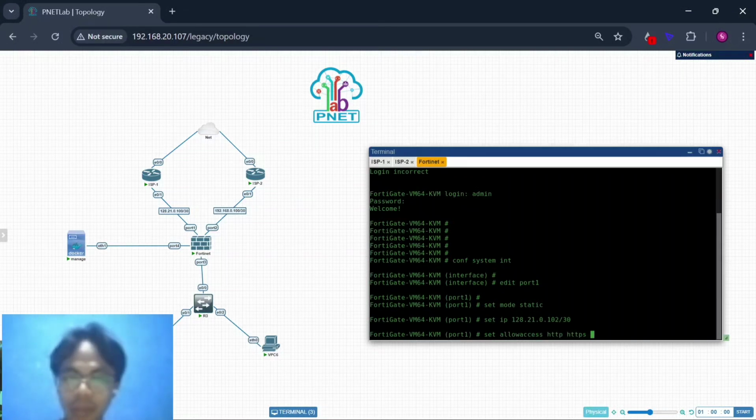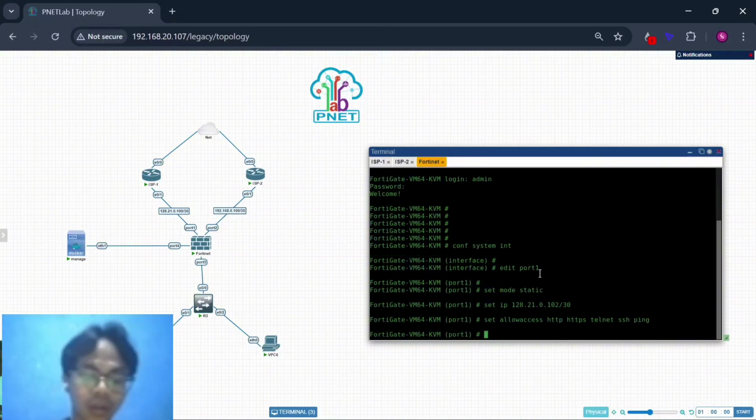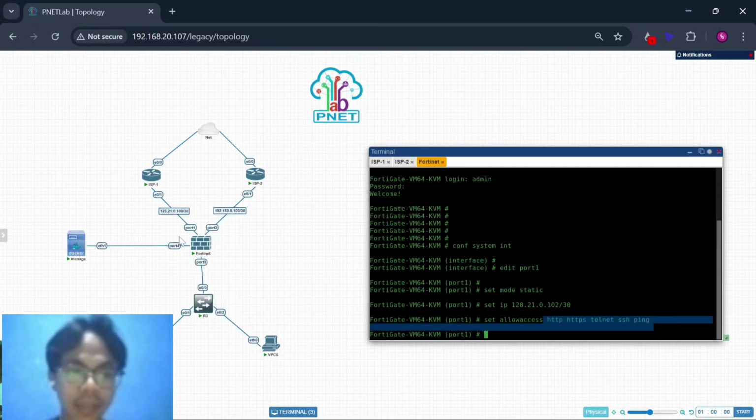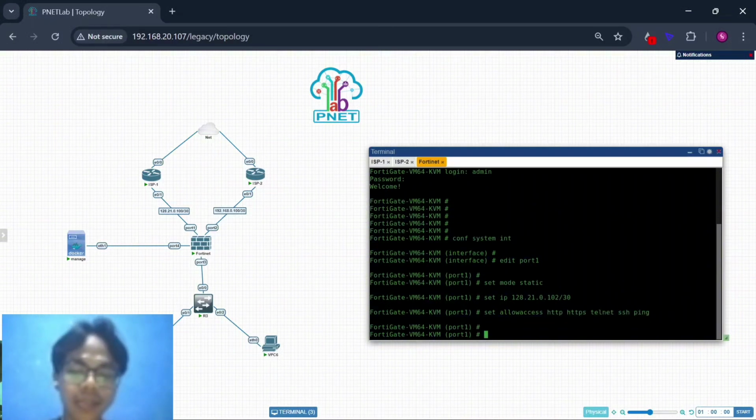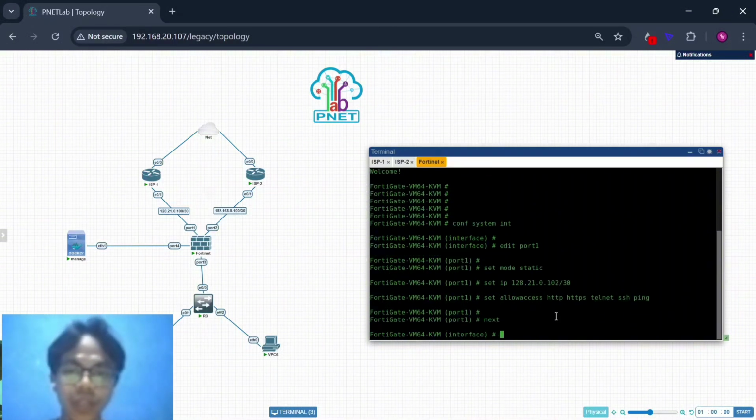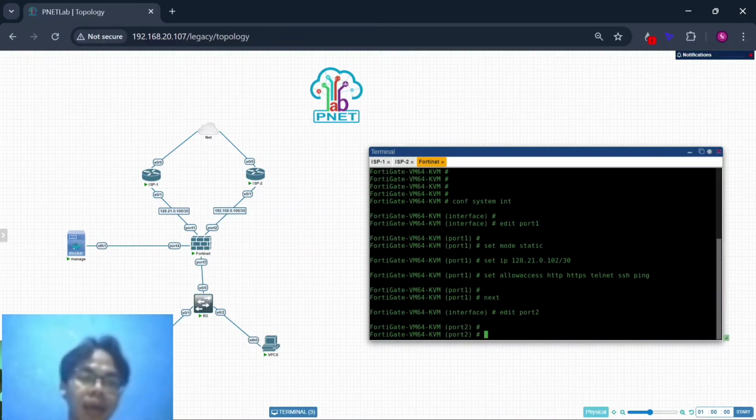Okay, like that. And now set allowaccess https telnet ssh ping. So with HTTP allowed, you can configure this FortiGate device from the web config. I will show you. Next, go back to interface and edit port 2. This changes from port 1 to port 2.